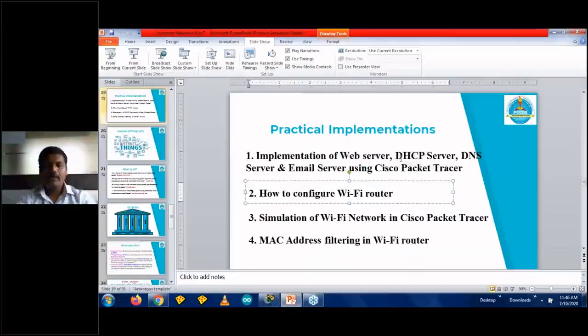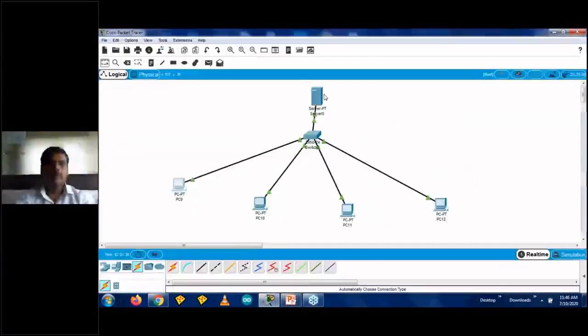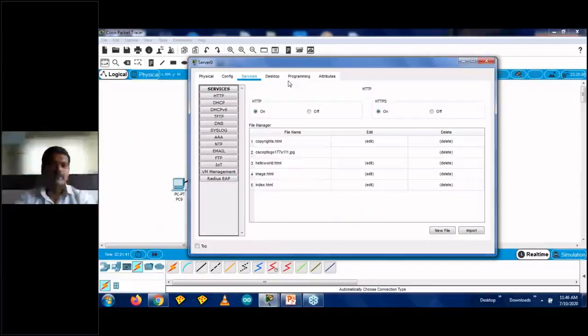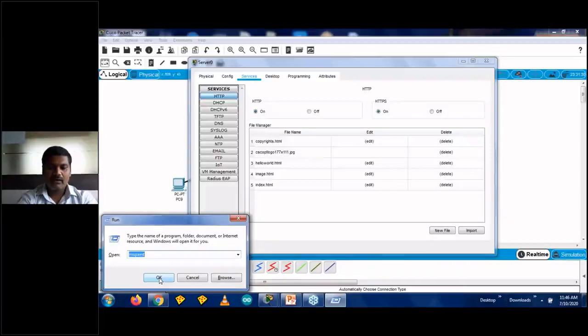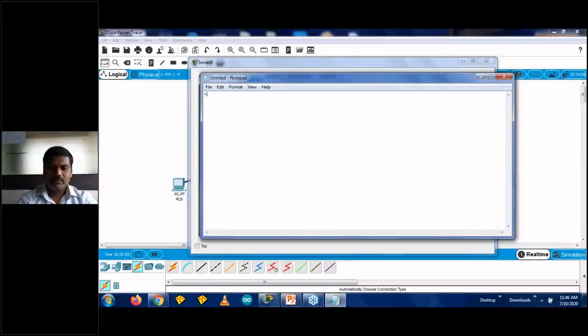Now how can you create a web server? In that case, I need to click on the server, and under the services I need to click on HTTP, that is Hypertext Transfer Protocol. I need to create certain web pages, isn't it? So you can create your own HTML code. Now I need to open Notepad. Suppose I'll be writing certain